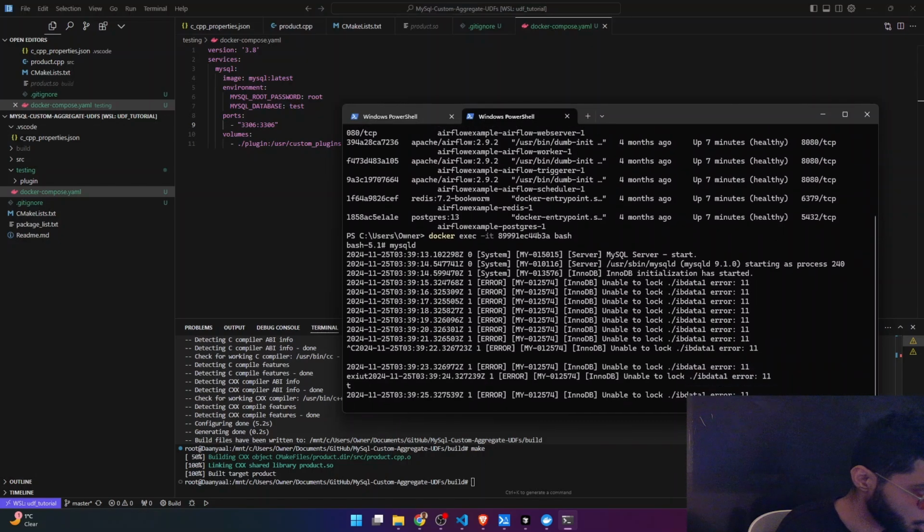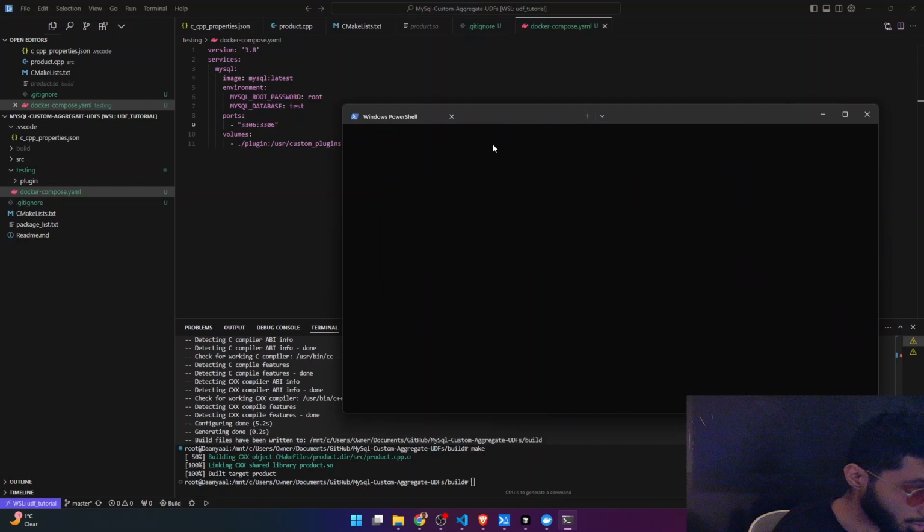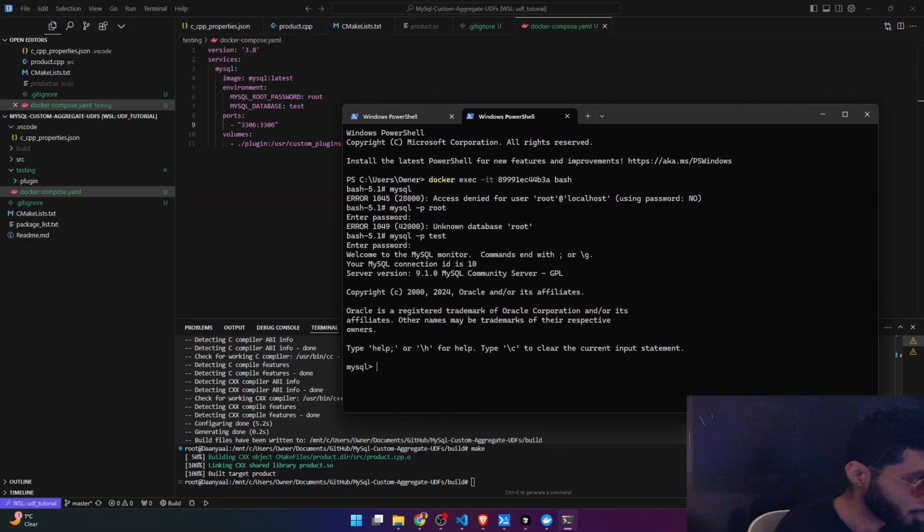That's not what I want. I want to go docker exec, I want to go MySQL. Okay, mysql -p root. There we go. Okay, so now we're in the MySQL console, and here, okay, we need one more